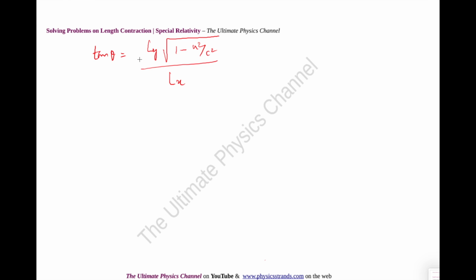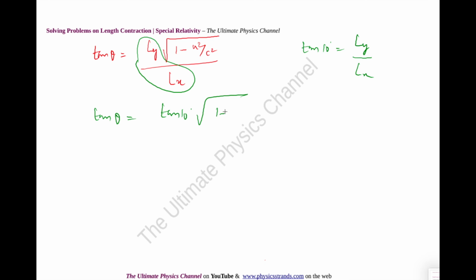Now Ly over Lx we know is given as tan 10 degrees. So here tan theta is equal to tan 10 degrees multiplied by square root of 1 minus u squared over c squared, and that is going to be equal to